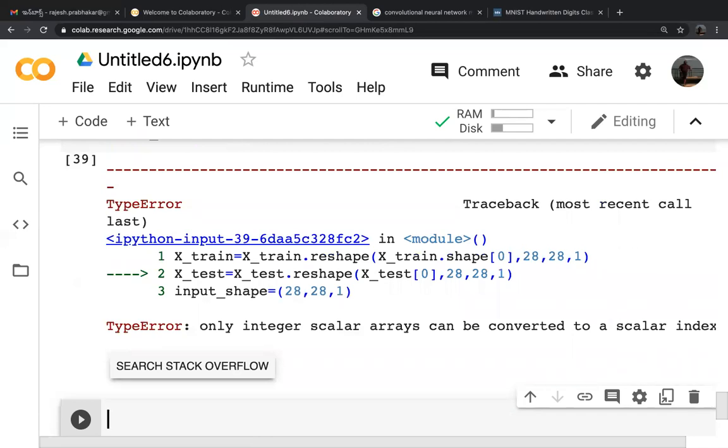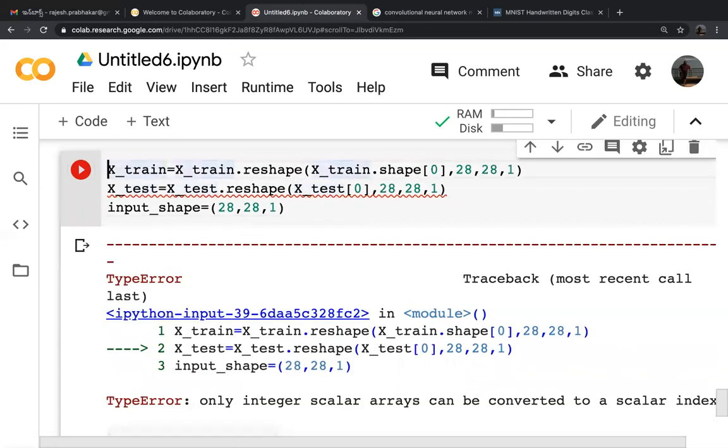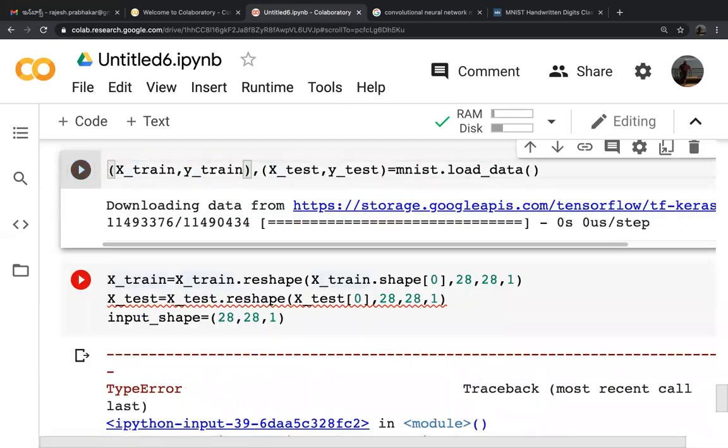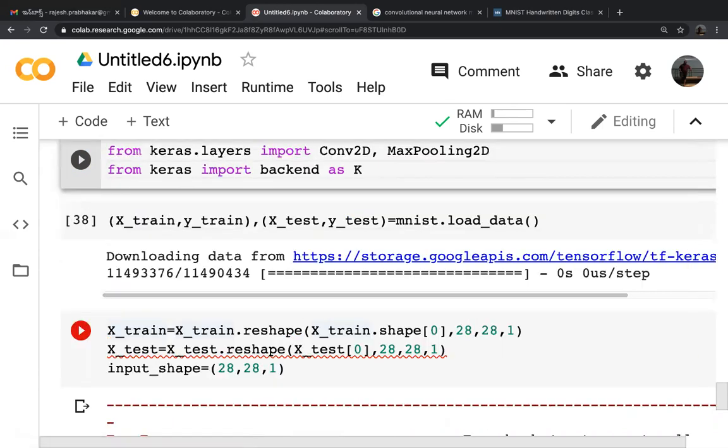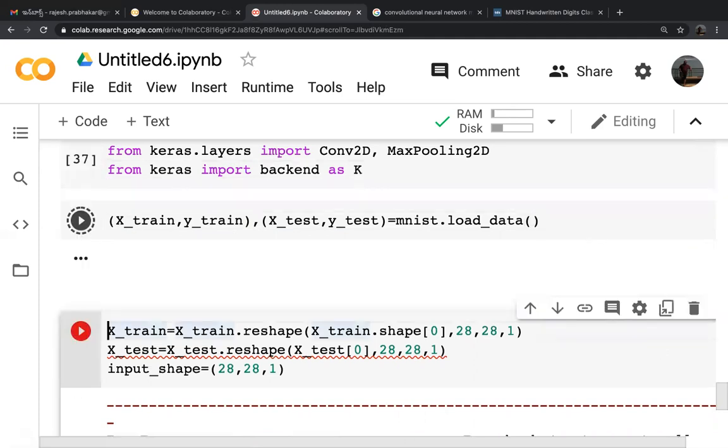Oh, we got an error. Only integer scalars can be converted to arrays. What is the error we are getting here? It is pointing to test data. Did I download the data? Let me check.